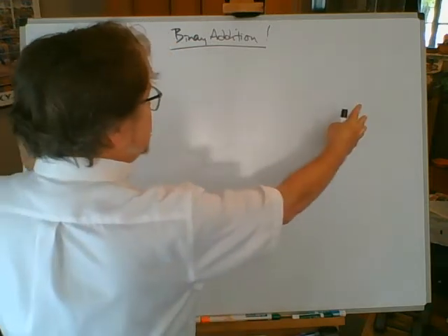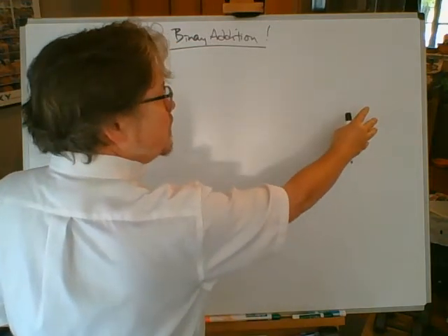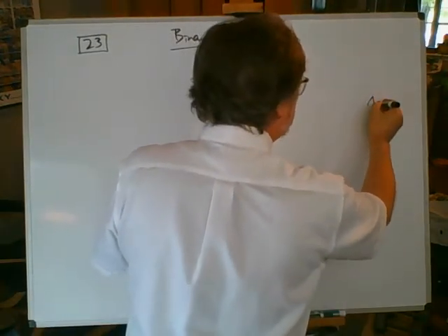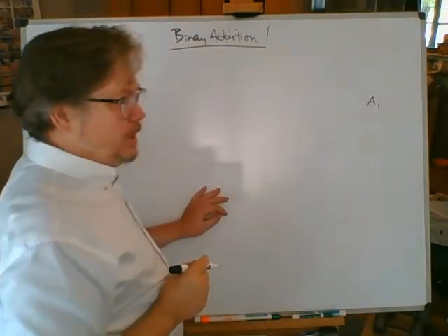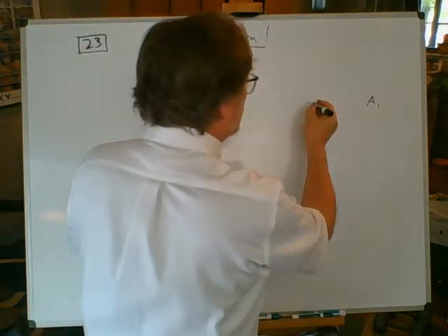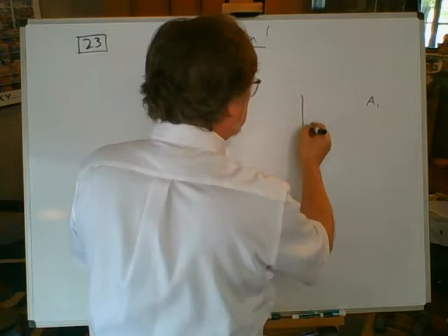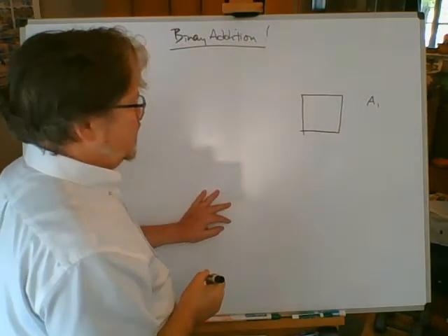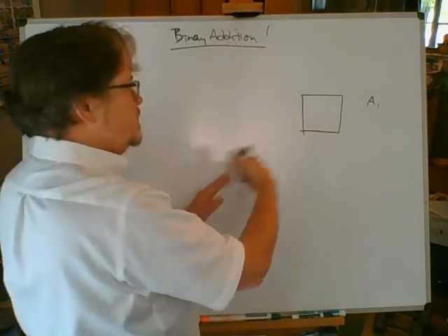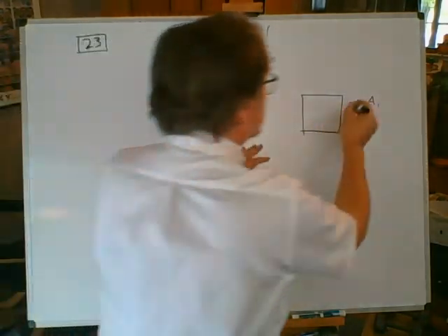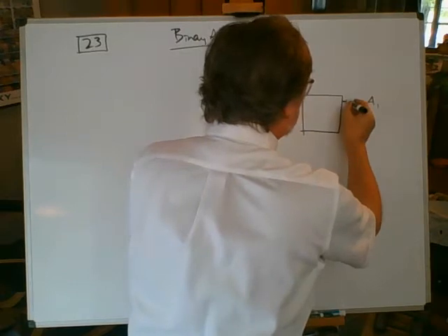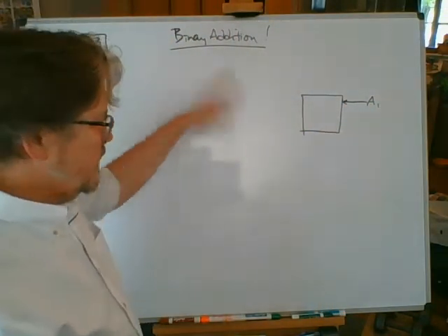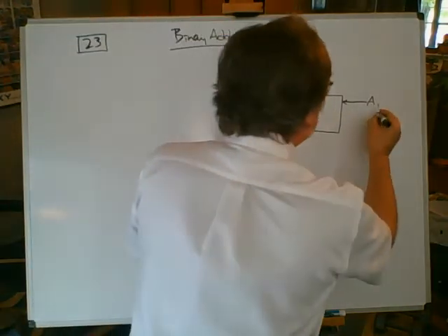I'm going to start way over here, since in binary addition we start on the far right column, so my inputs are going to look a little backwards. Let's say that my A bit, A that's in ones place on the place value chart, I'm going to call that A1. Since the input's coming this way this time, I'm going to be moving from right to left. I'll put arrowheads on the inputs. You don't have to do that, but I'm going to do that to show that that's not an output at this point. That's an input into that box. Okay. And B1,